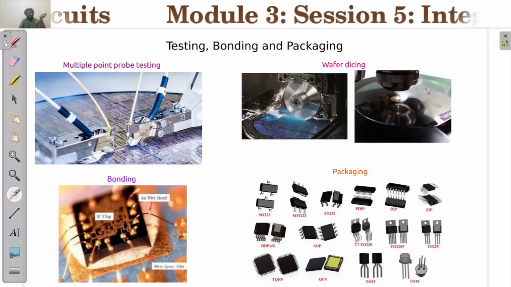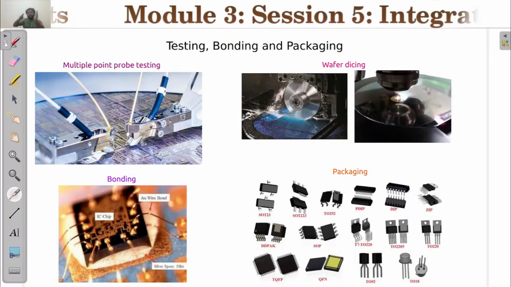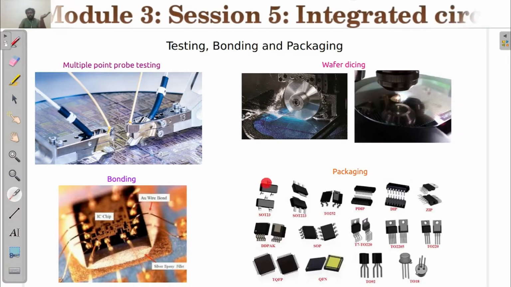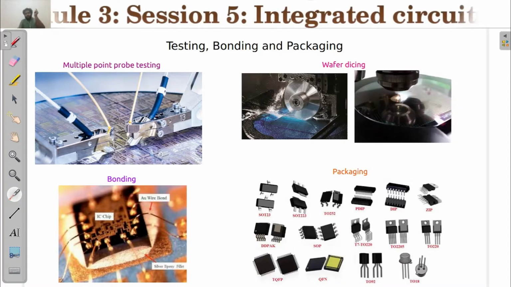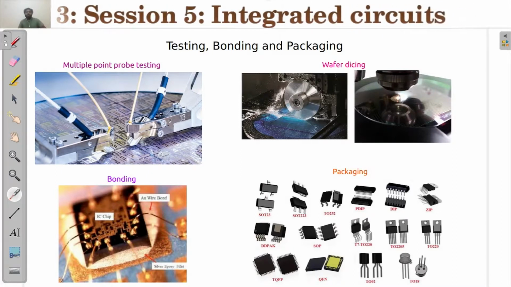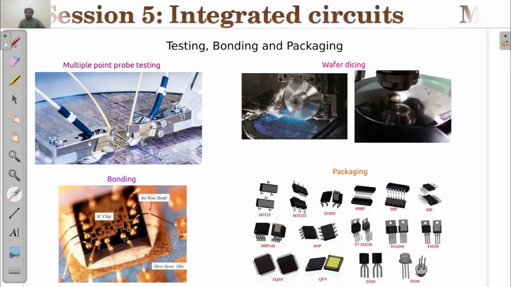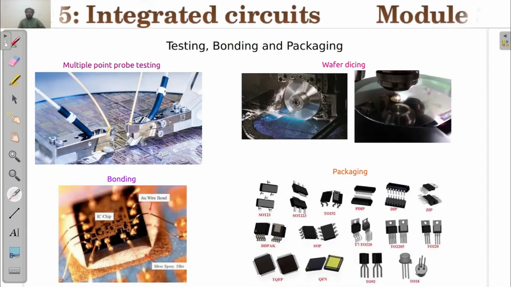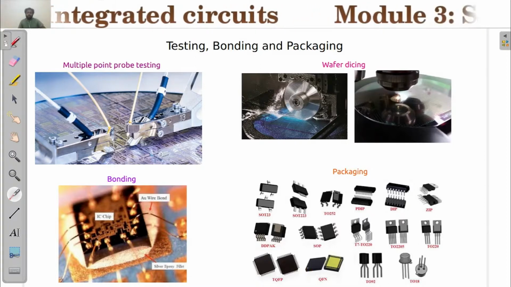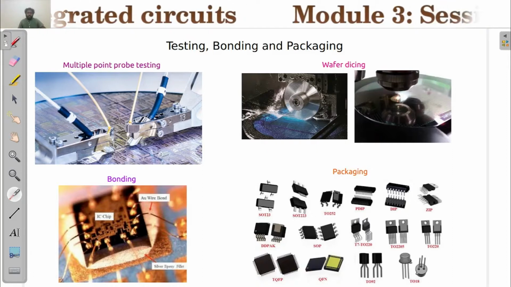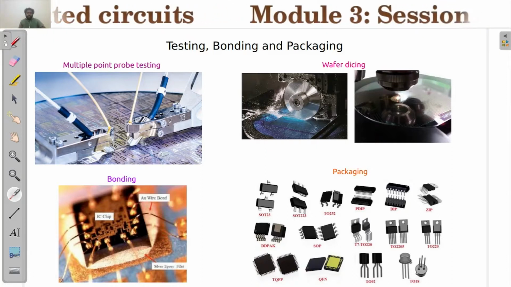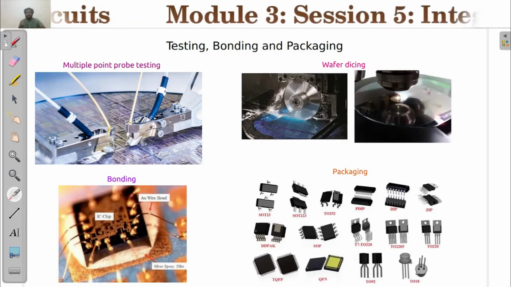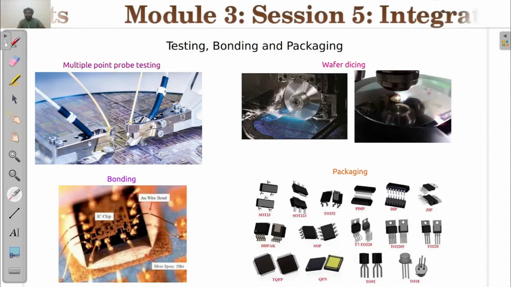And there are ICs called surface mountable packages, where there will not be any hole. Instead, on one side itself, the IC's legs will be glued onto the PCB using solder, and that kind of technique is called surface mountable devices. And surface mountable ICs are available like QFN, TQFN, TQFP, SOP, etc. Then additionally, the processors and GPUs will be coming in ball grid array or pin grid array packages.